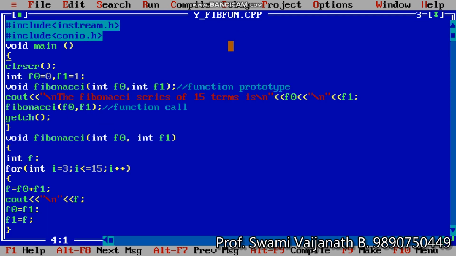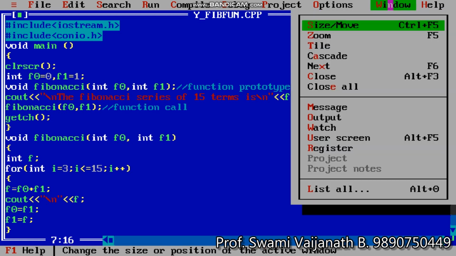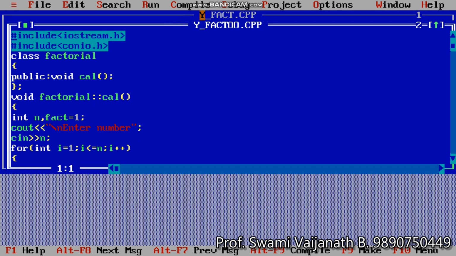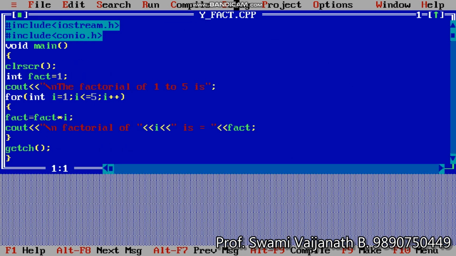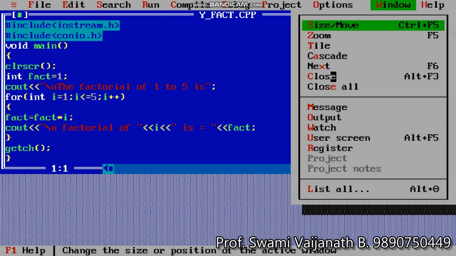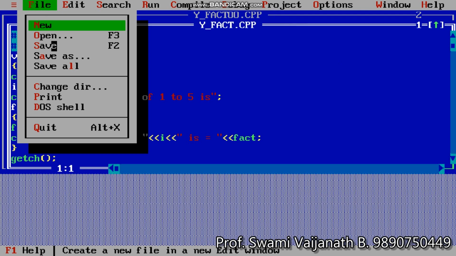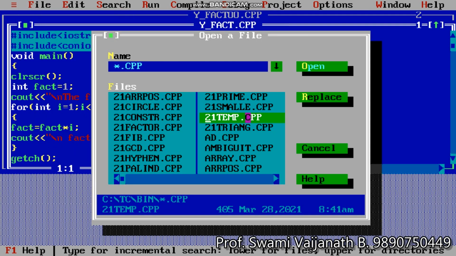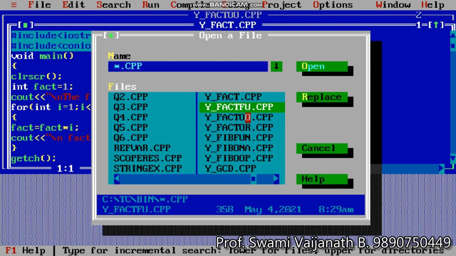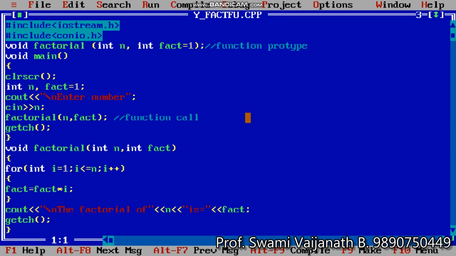See here, void factorial. Here the actual argument is given, the formal argument is given.